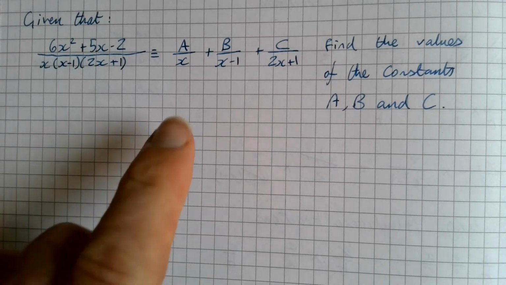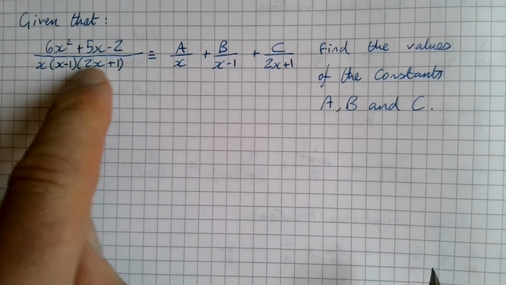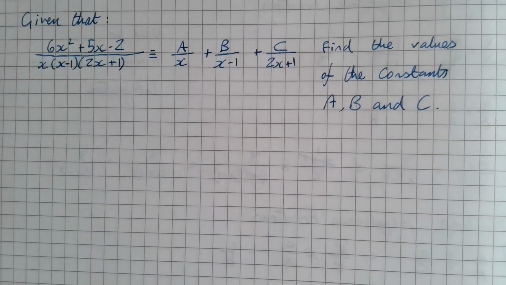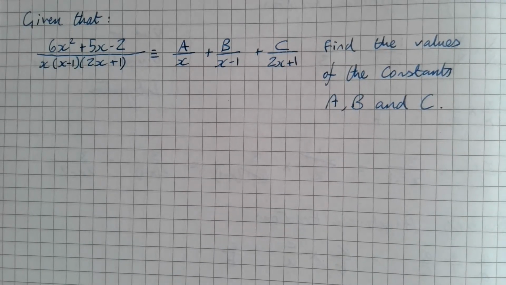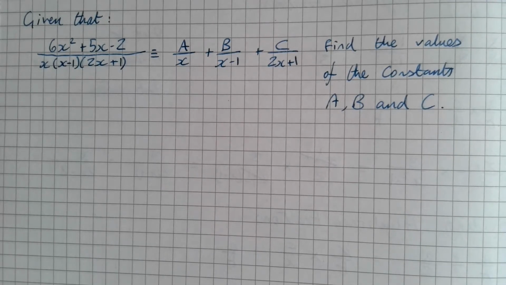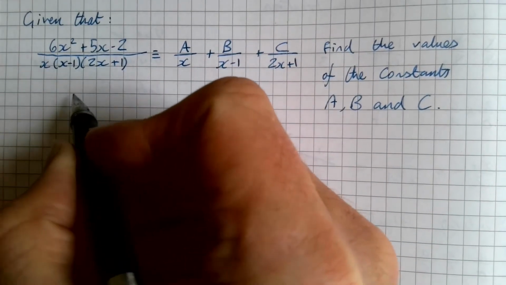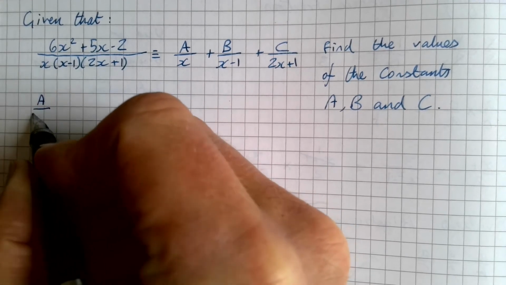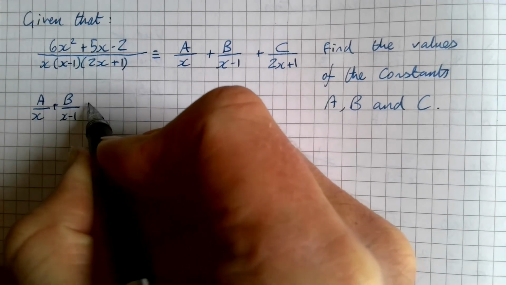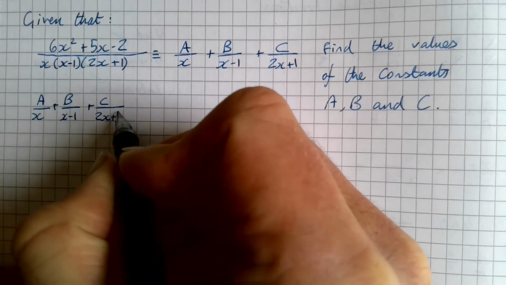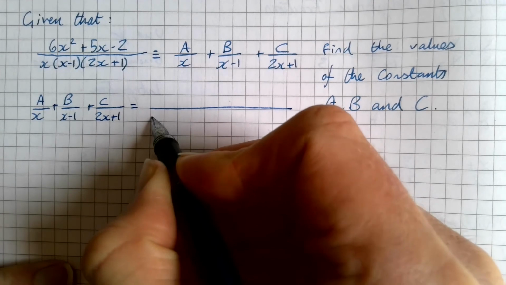But first of all, the next thing to do is to make sure that we know what 6x squared plus 5x minus 2 is going to be equal to by doing all of the multiplication of the top parts. So the top parts, numerators, now come on. Right, okay, so I'm going to be saying that a over x plus b over x minus 1 plus c over 2x plus 1 is going to be equal to, and then we're going to put the whole denominator in as it is originally,